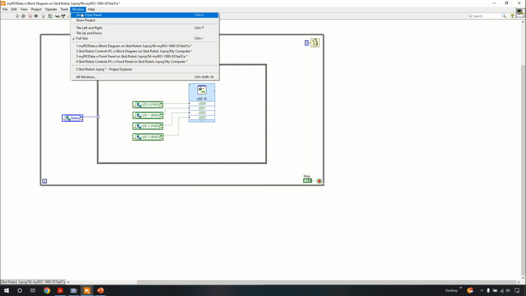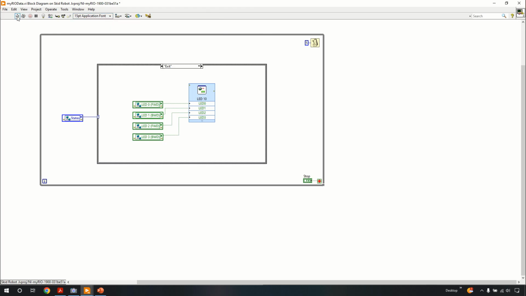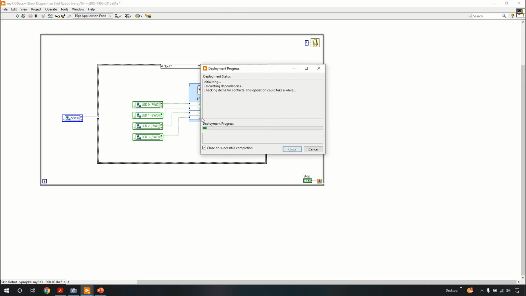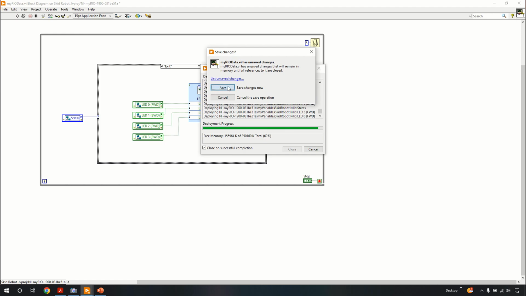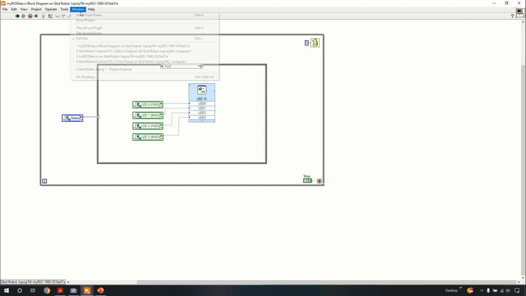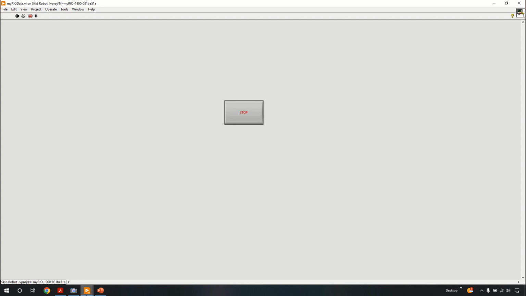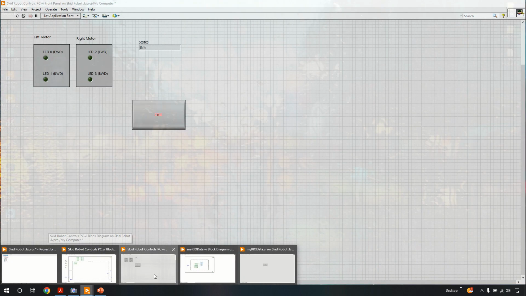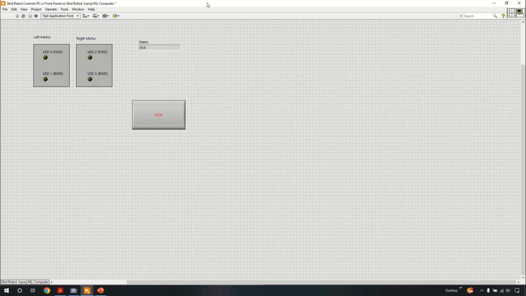So the first thing we are going to do is to run our LabVIEW code that is on the myRIO target. So we'll wait for it to upload and deploy everything. I'm gonna save everything. So now it's running really smoothly, as you can see. And then we are going to run our VI, which is